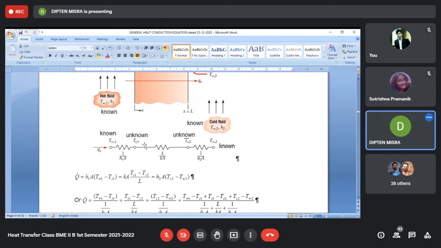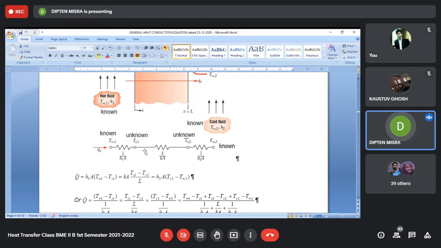Now, this temperature drop is also due to a resistance component. That resistance is because of the convective mechanism of heat transfer. So we call it the convective resistance. And then there is an in-between conductive resistance offered by the wall, due to which the temperature falls from TS1 towards TS2, and finally at the outside from TS2 to T infinity 2, there is a third temperature drop, and that is due to the convective resistance offered by the other fluid.